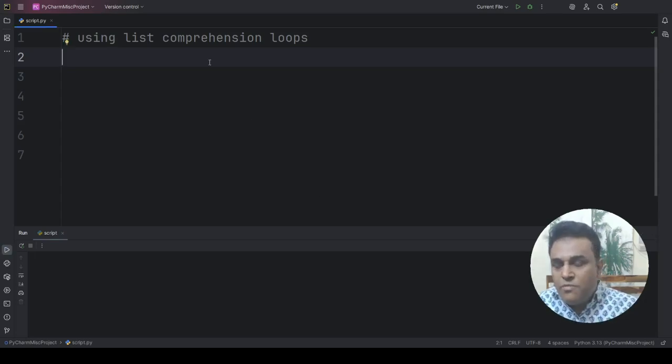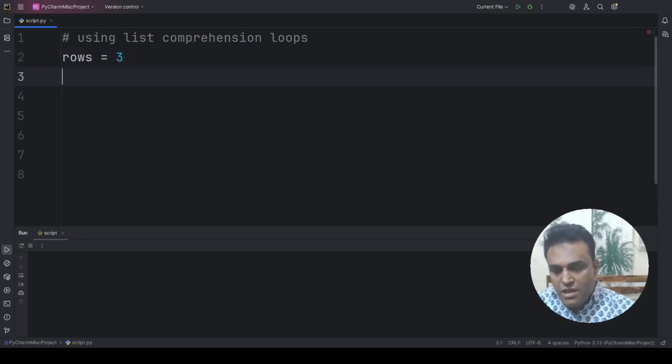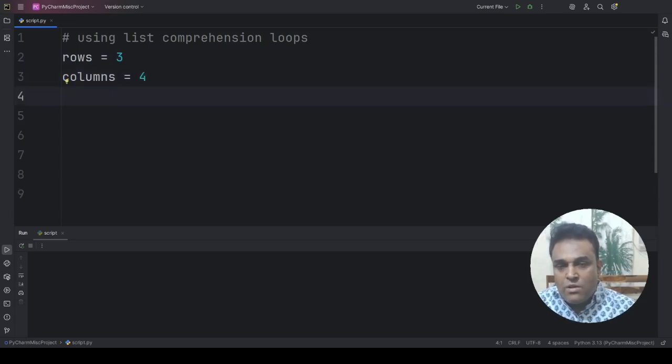Okay, so we are going to take the rows and columns variable just like what we did previously. So I will take rows as 3 and columns as 4. Okay, and now I'm going to do something which may